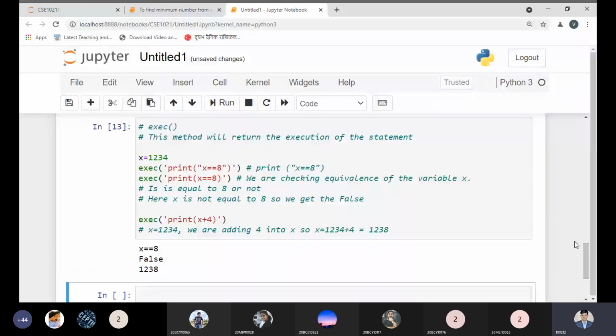Now see, this is the exec method. Now is it clear to all right now? Sir, but what is the use of the exec method? I mean, it will also work. Yes. See, whenever you have any situation where you want to execute the statement, or while checking the condition, it depends on the program's need. So far we have seen basic and fundamental programming, where this kind of method is not much applicable. So the exec method has its own sense when we are dealing with some different things.